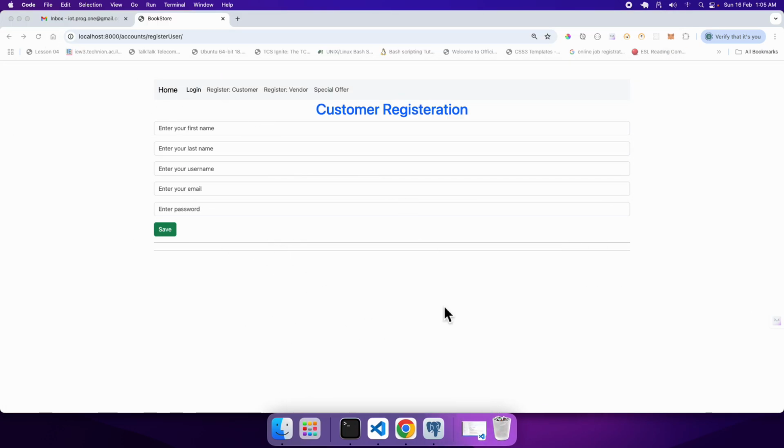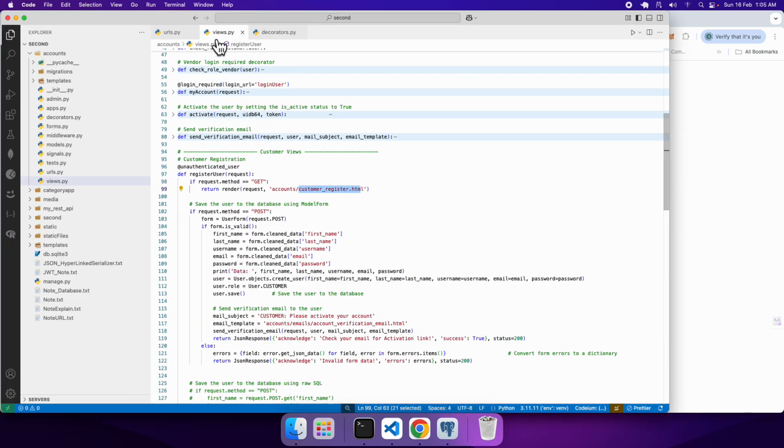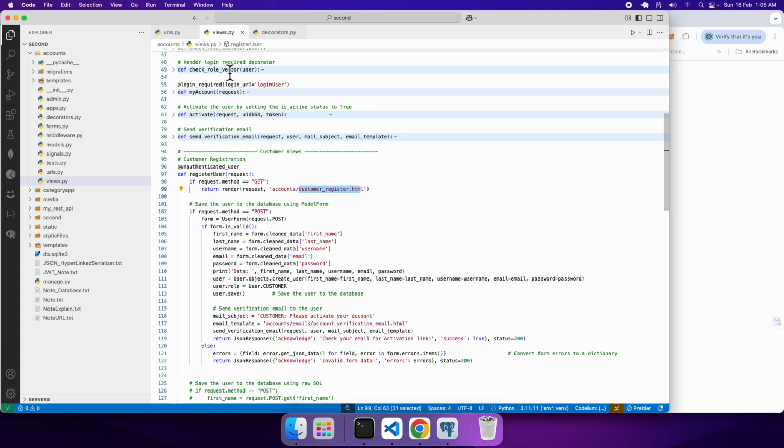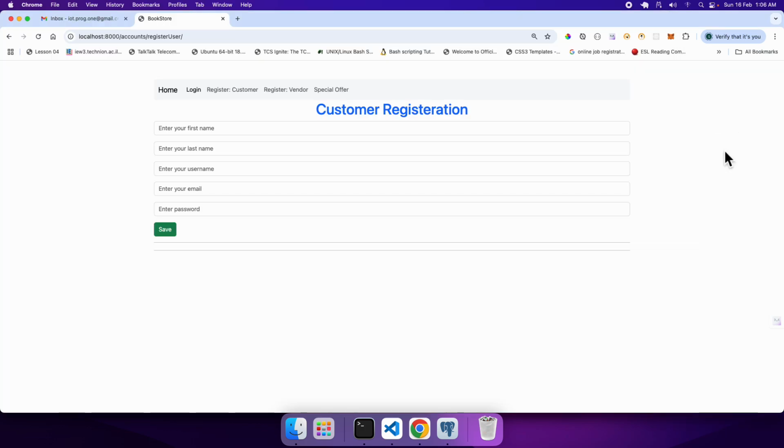So the get request got executed, and even before that the decorator also got executed, but the decorator found that the user registration is not valid. Since the registration is not valid, it executed the else part, and eventually we come back to the register for user function, and the request.method get got fired, and we got the template which now we need to fill up with data. So once again I have to fill the data over here. Swaroop Shah, and username is Swaroop Shah, and